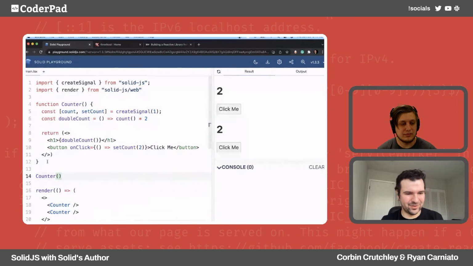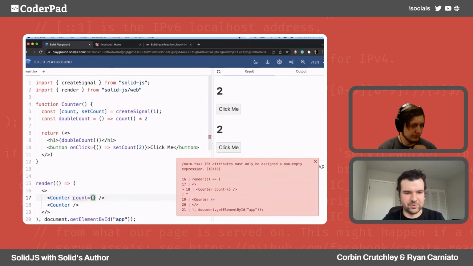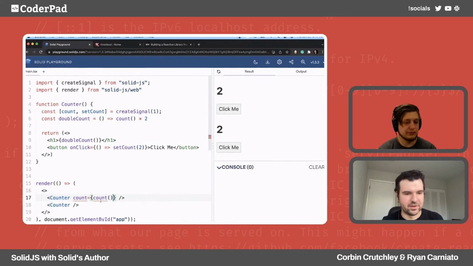There's a little bit of a difference, which is in terms of how we safeguard tracking. The most important thing that our components do is they transform the props. So when you write count equals count, I'm just going to make something up, and you put something like this in here, they make sure that this doesn't run right away like normal JSX. They wrap that in a getter. So the real magic of the JSX syntax is transforming the properties so that they're lazy.